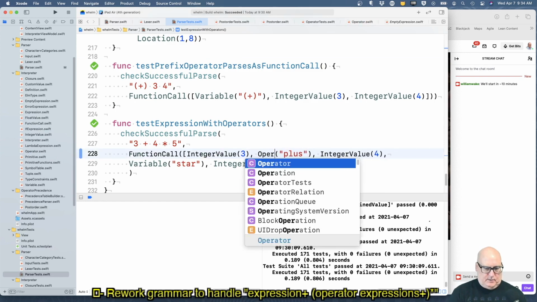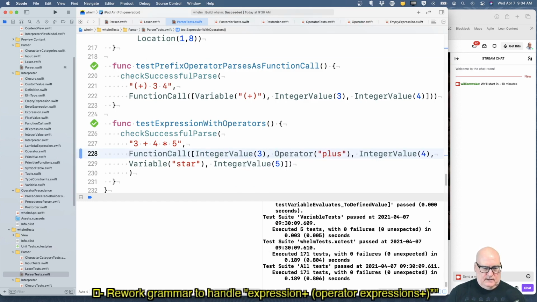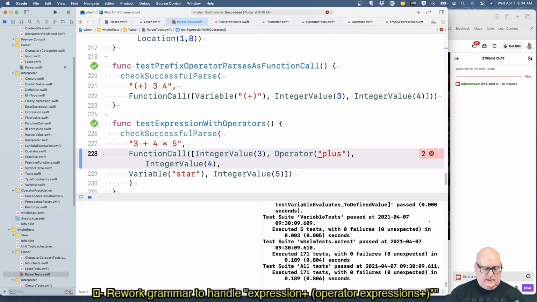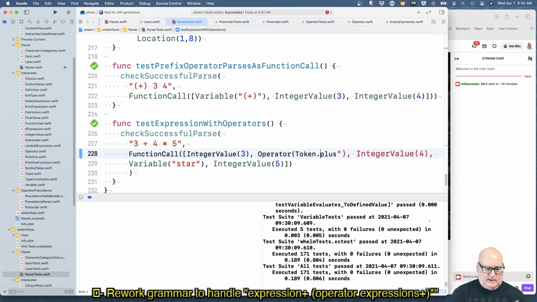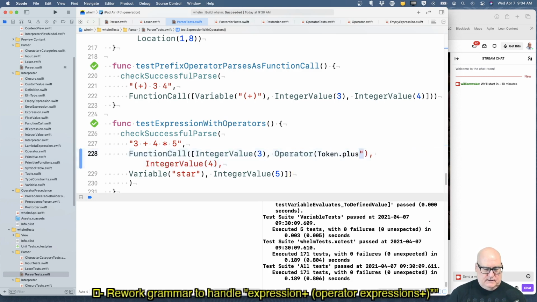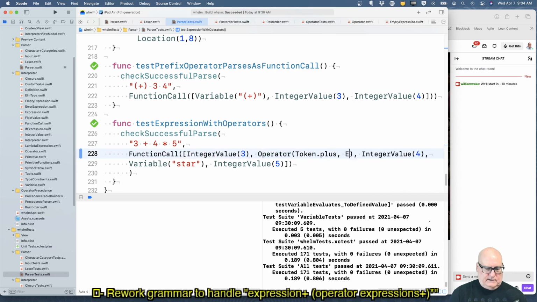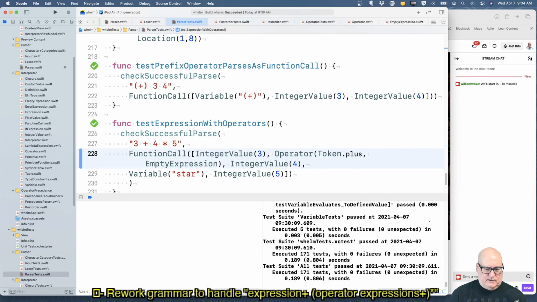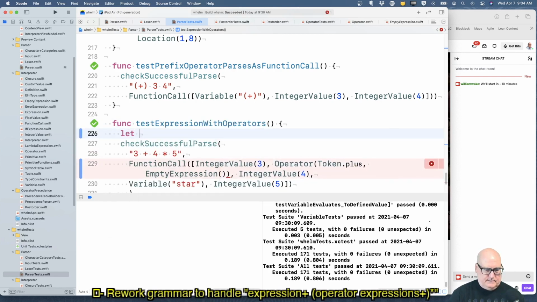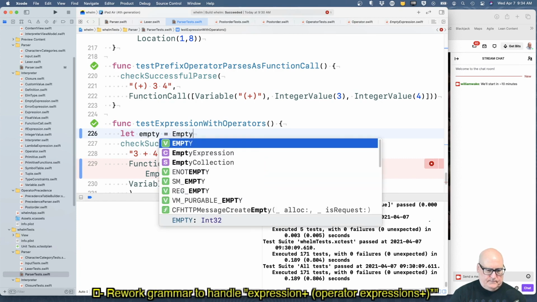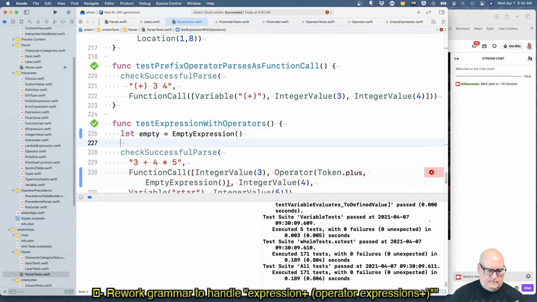Let's do operator. And this is token dot plus. And the left-hand side is empty expression. I think we can do that twice. Okay, so let's use it here.